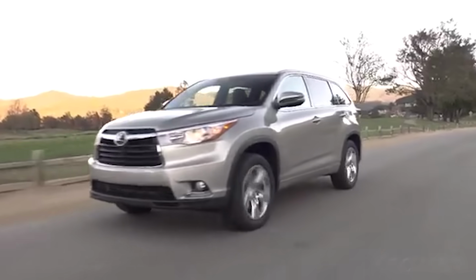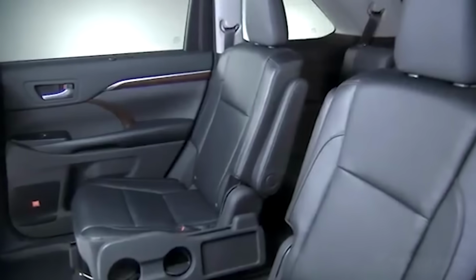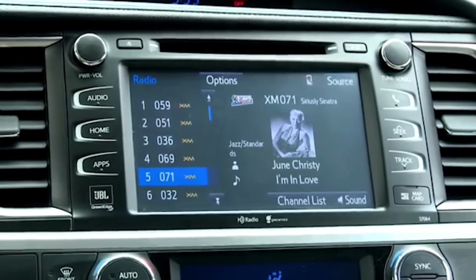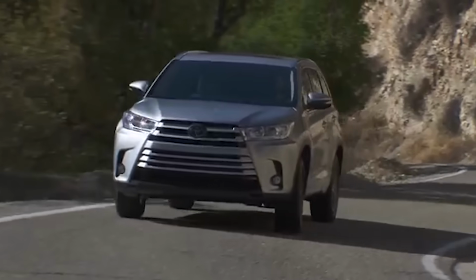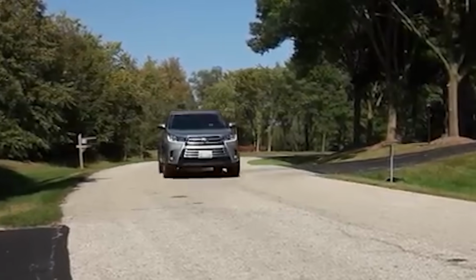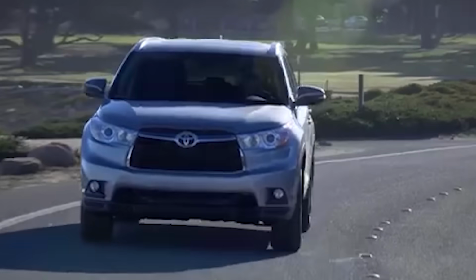It had more power, it had more efficiency from the engine, it had more legroom for the little kiddies in the third row seat, which was now standard. Also standard, high definition radio and Bluetooth. In 2017, Toyota had a major mid-cycle refresh for the third generation Highlander, and basically it was more efficient with the 8-speed transmission and more safety with the Toyota Safety Sense package. It also brought a lot of new rivals to